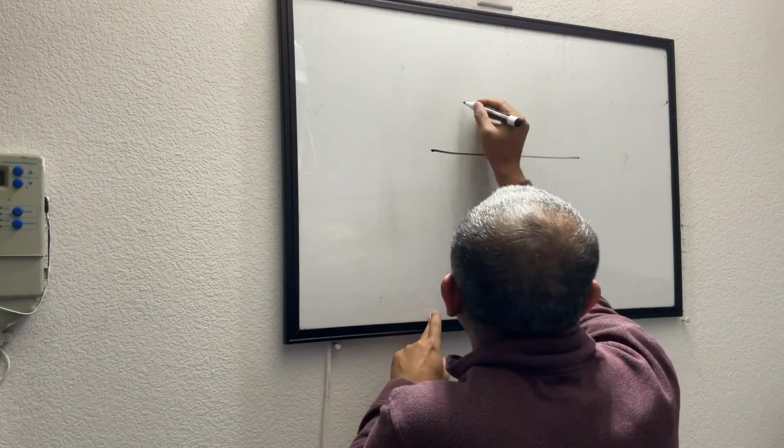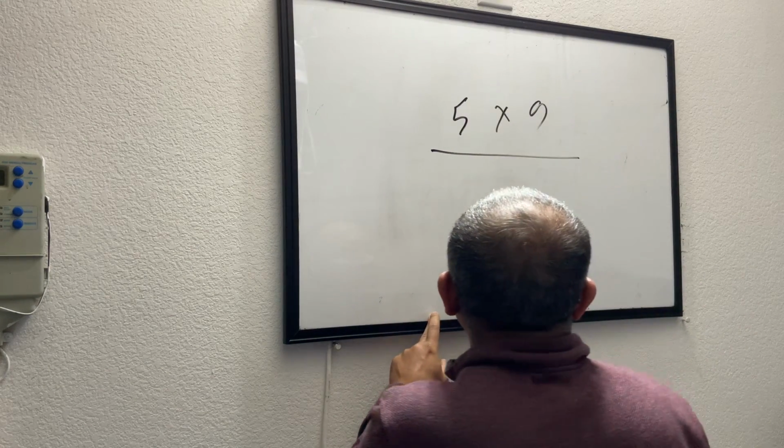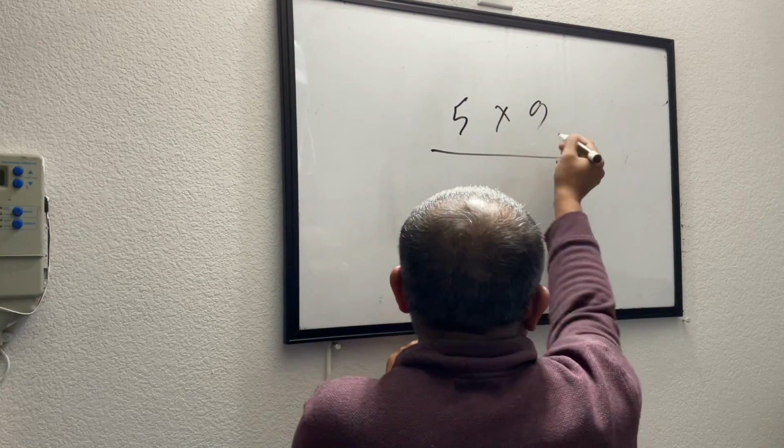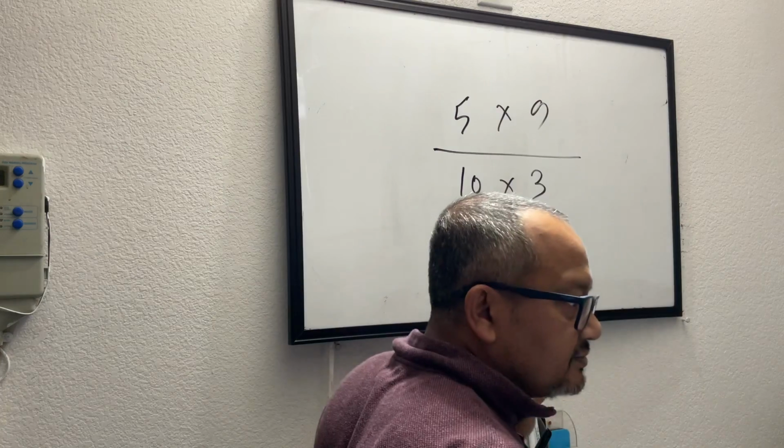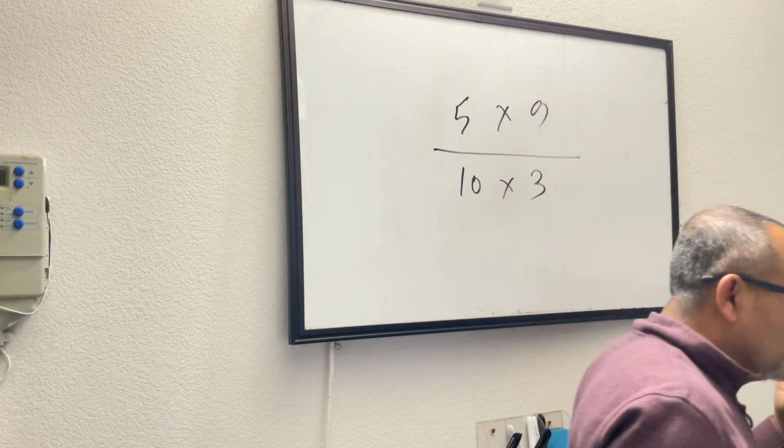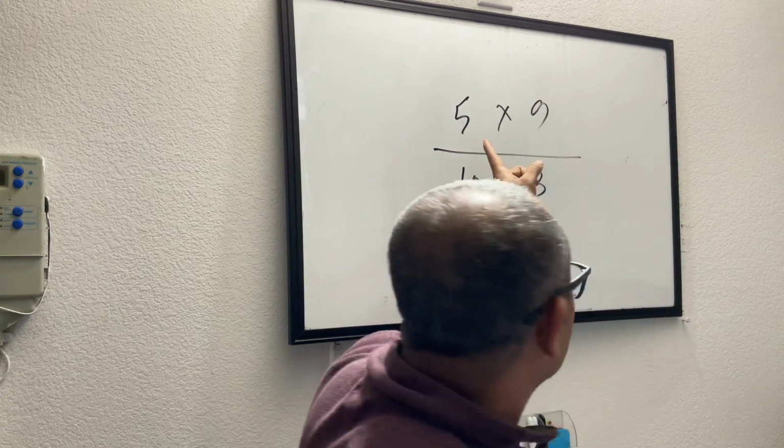If I have, let's say, 5 into 9 in the numerator, and I have 10 into 3 in the denominator. If I am trying to do this,